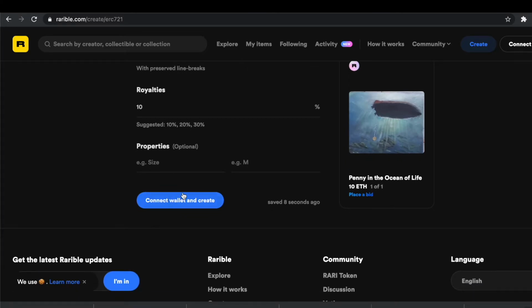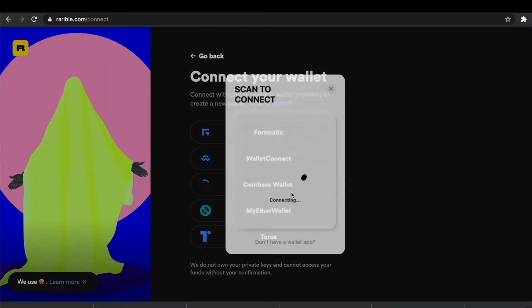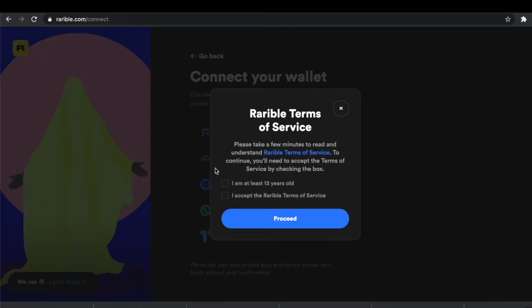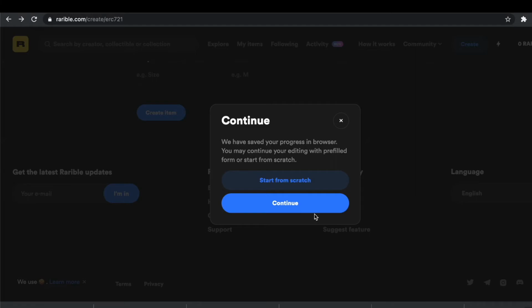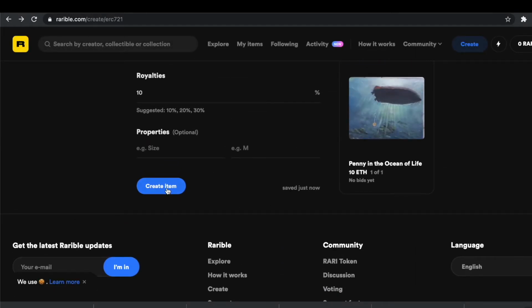Now comes the important part. You have to connect your wallet because you have to pay in order to have your NFT. So I'm connecting it with my Coinbase wallet. You accept the terms and services here, hit proceed, and now it's going to tell me on my Coinbase wallet